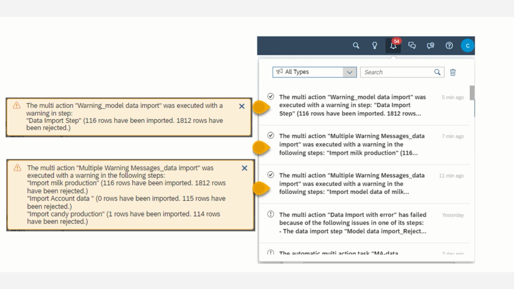Today I'm going to discuss one of the QRC2 2023 releases. This concerns the multi-action and showing a warning status along with a message if the step execution has a warning. So as you can see here, if you select the bell, you'll see the drop down with the multi-actions that have run. And then, so if you have a warning, not only you receive the warning, but you'll also receive